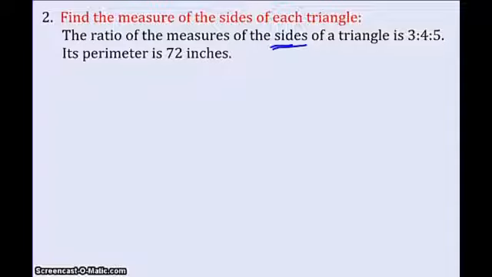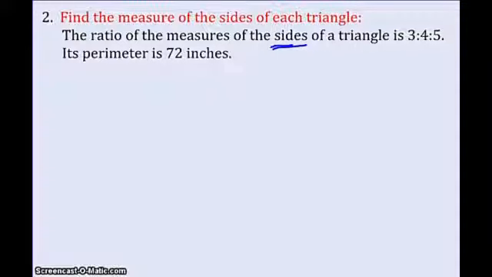So let us do one more example where the ratio of sides and the perimeter are given. We have to find the sides. The question is: the ratio of the measures of the sides of a triangle is 3:4:5 and its perimeter is 72 inches. Now we have to find out